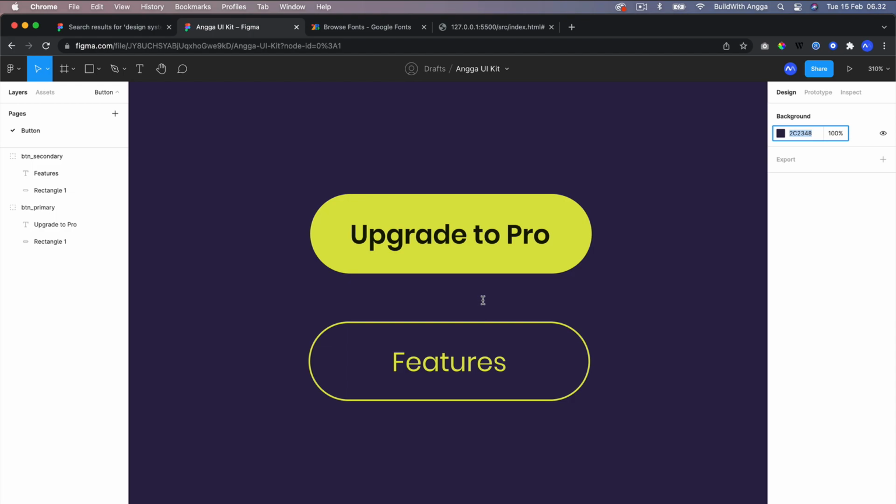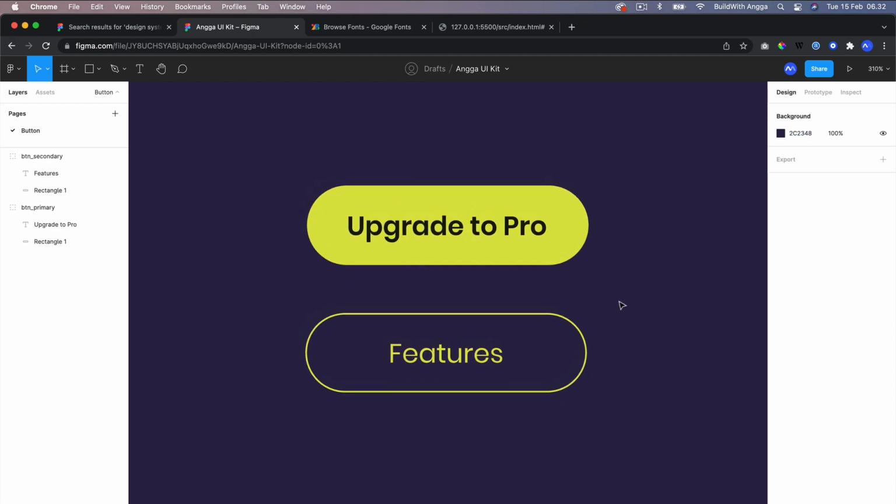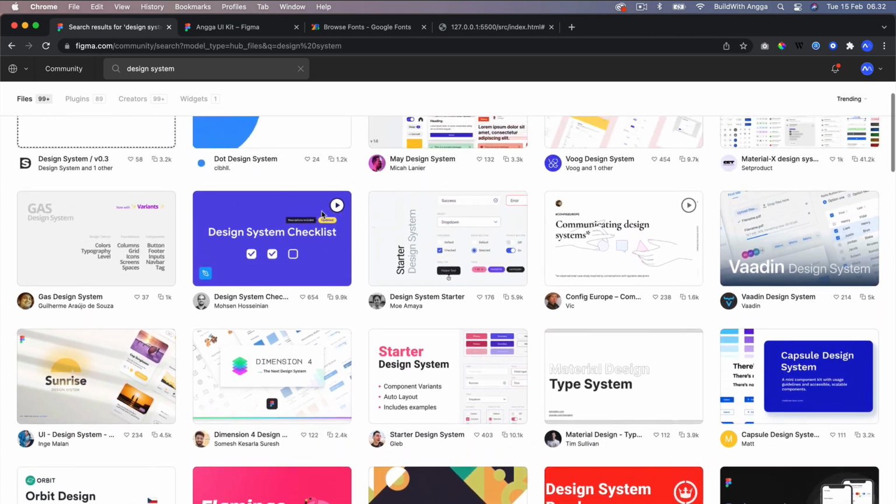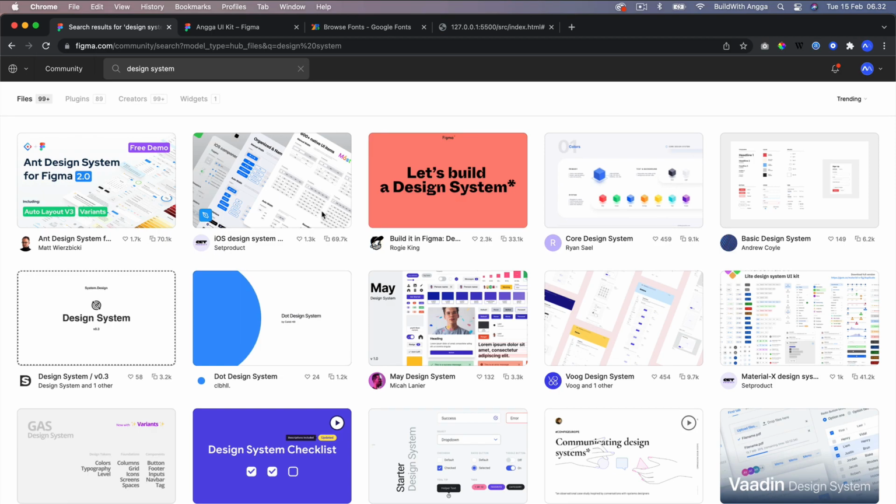How are you today? So today we're gonna learn how to transform this button design from Figma to Tailwind CSS. And if you don't have this kind of button, you can easily find it in the Figma community with the keyword design system, and you will see there are a lot of buttons that we can learn from to practice this Tailwind CSS.